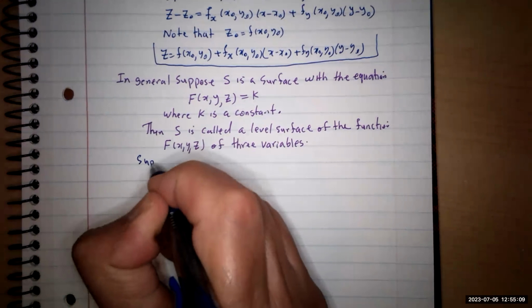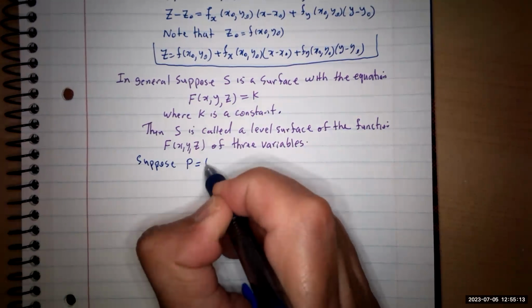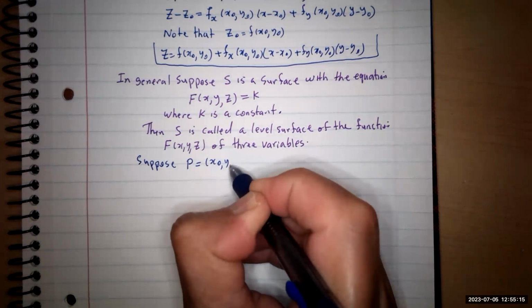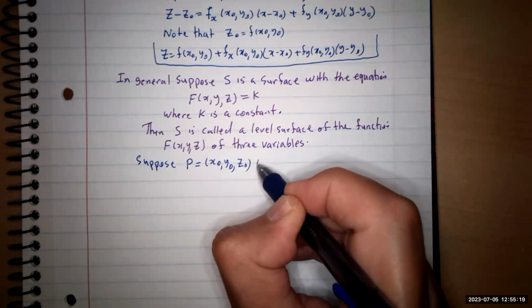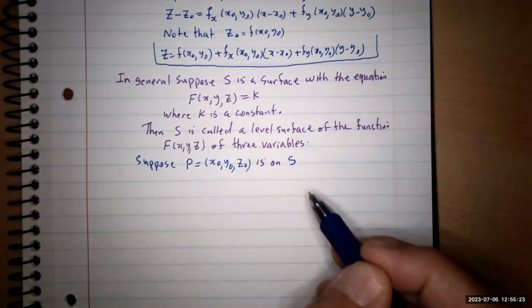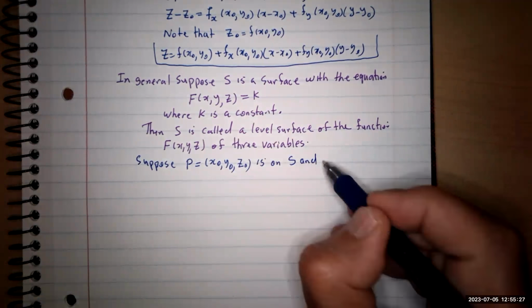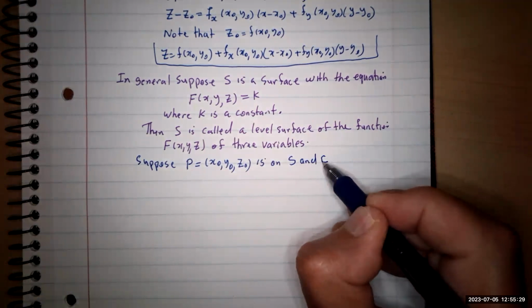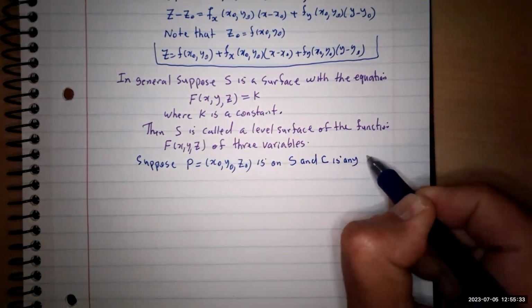Suppose P is a given point, x0, y0, z0, on S. Remember, S is a surface. And remember the way we talk about the tangent: we cut it, if you like, and C is any curve